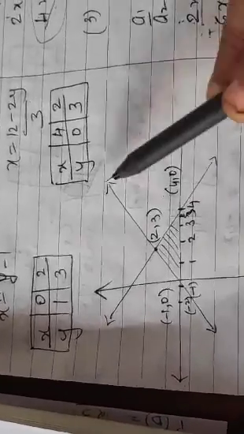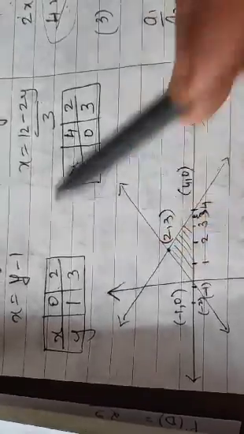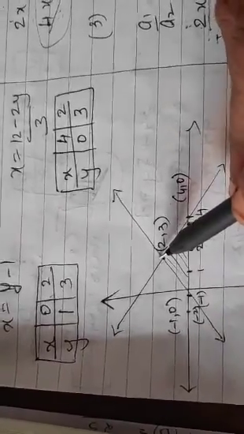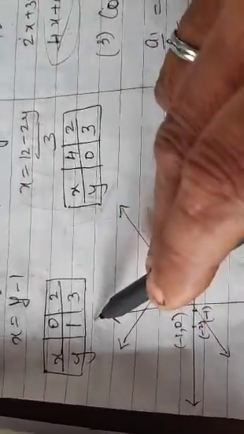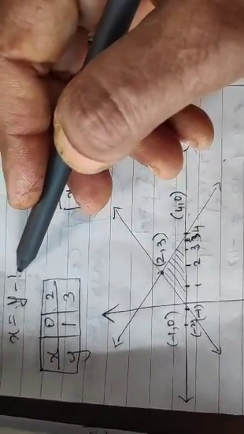Okay. So first I will plot this particular part. 0 and 1, 2 and 3. This will be the first case. Okay. 0 and 1, 2 and 3. This is 4 and 0, 2 and 3. 4 and 0 and 2 and 3 is this one. And if I take y value 1, the x value will be 0.